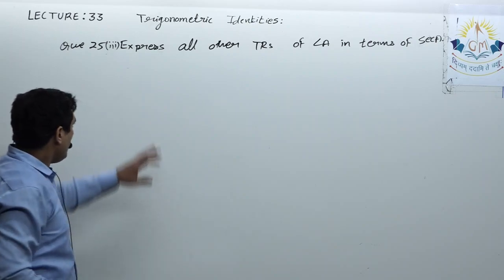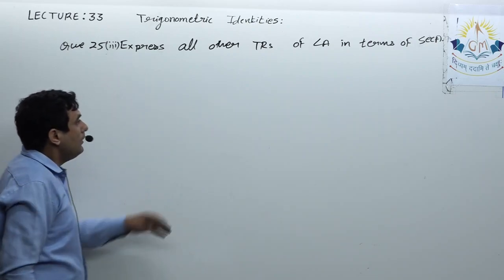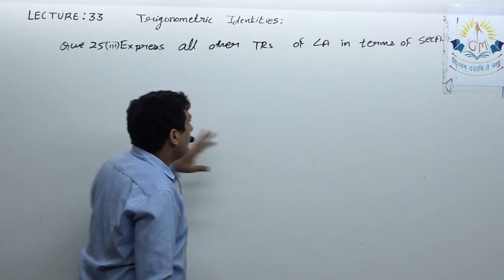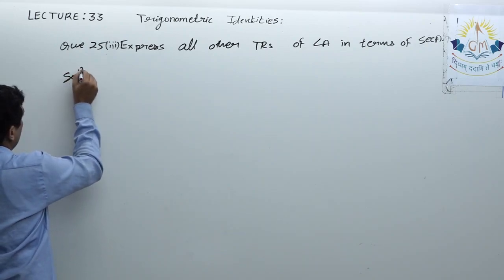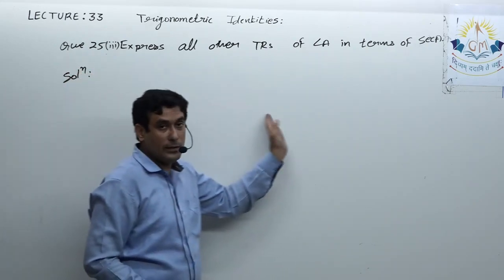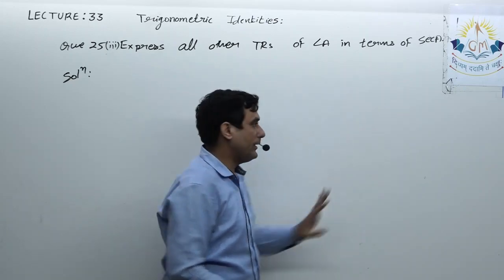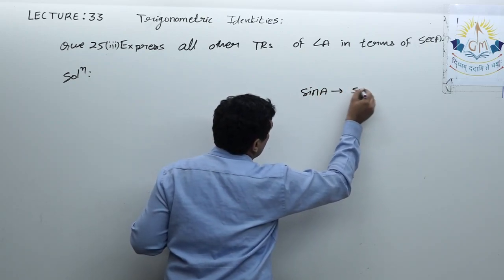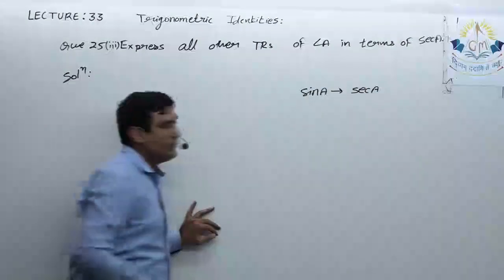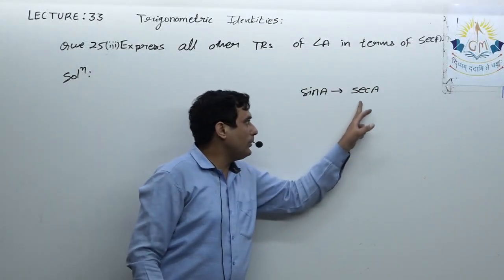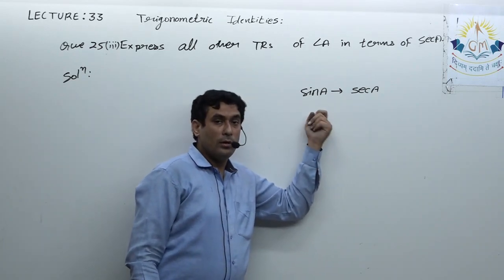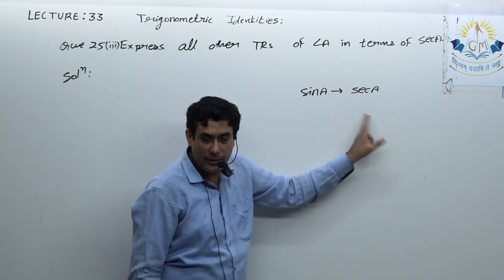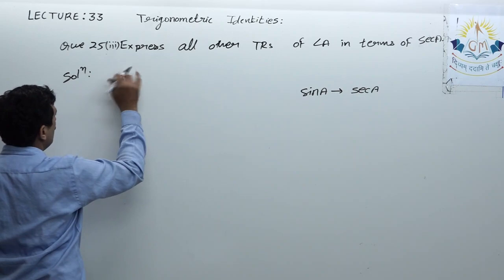Okay, so we'll start with sin A only, though it's not necessary that you move in the order sin, cos, tan. Simply you have to convert this: sin in terms of sec, then cos in terms of sec. So when I have to find sin A in terms of sec A, I need to find a relation between sin and sec. If it is not possible to get a direct relation between these two, reciprocate any one. So if I reciprocate this, yes, I have a relation between sin and cos. So I will start with that.